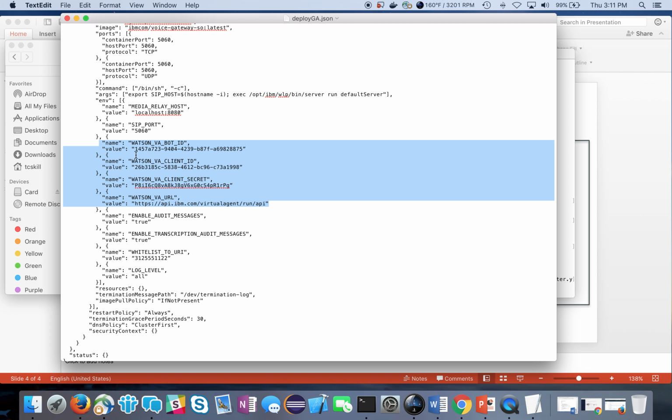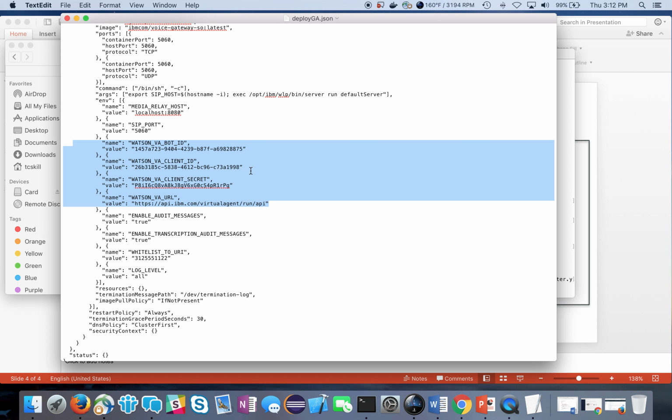If you're going to use the Watson Virtual Agent bot, delete all the different conversation entries and put in the Watson VA bot ID, client ID, and then the client secret, and then you're going to need the URL as well. So if you define all those for the Watson Virtual Agent, it will connect to a virtual agent instead of